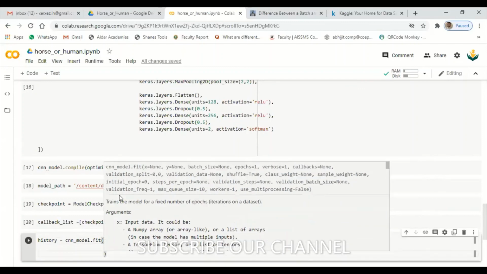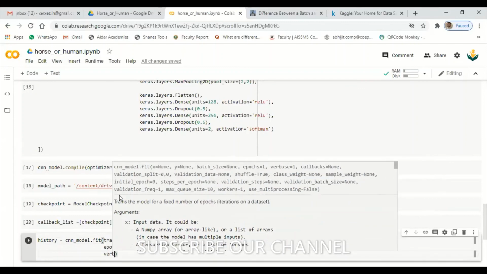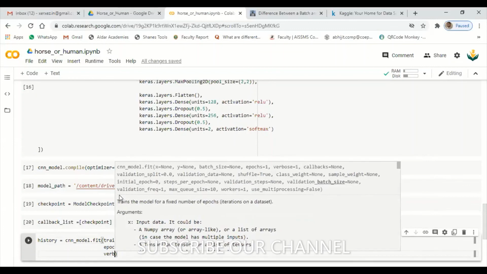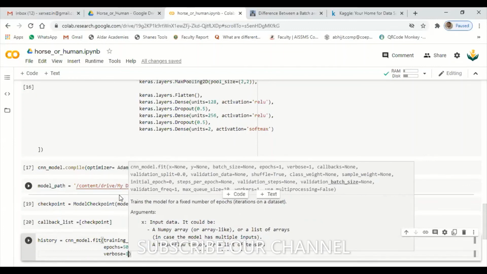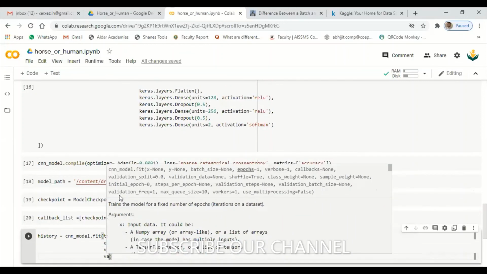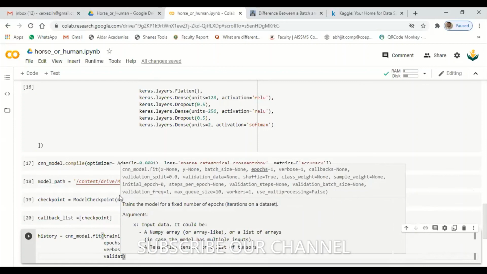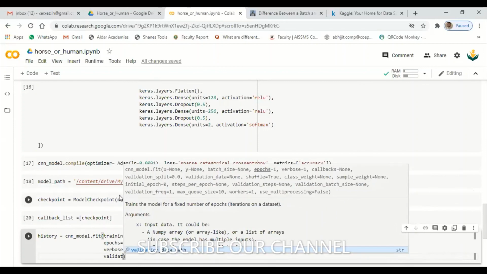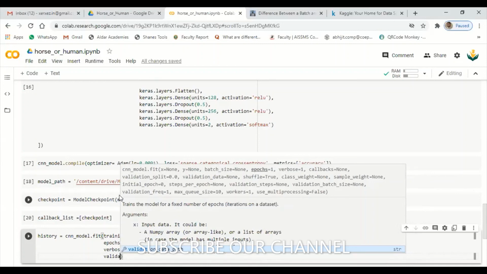Verbose, again I'll set the default as 1. So verbose equal to 1. Next, validation data. I want to compare that one with the validation data. Valid data I have mentioned there.